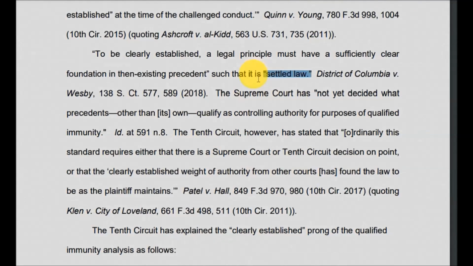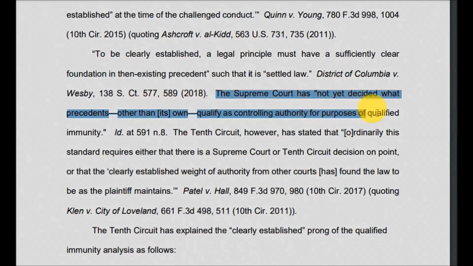Know that they're violating that Fourth Amendment, and so on and so forth, based on a standard test on element of each of those constitutionally secured rights. So you have to know what you're talking about if you want to say you're exercising a constitutionally secured right. The Supreme Court has not yet decided what precedents other than its own qualify as controlling authority for purposes of